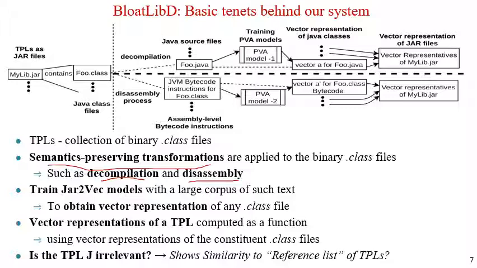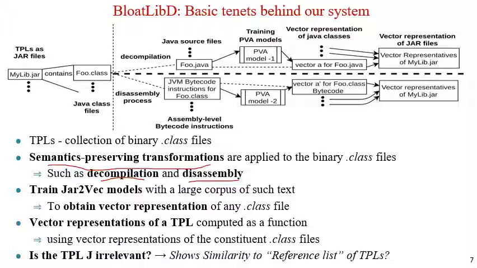different PVA models for source code and different PVA models for bytecode. Now, why do I say different models? Because obviously we need to get the best performing models. Therefore, we do parameter tuning of PVA. While training PVA, we perform various experiments to get the best performing models, to tune the parameters, the number of epochs and the vectors on which PVA is based.